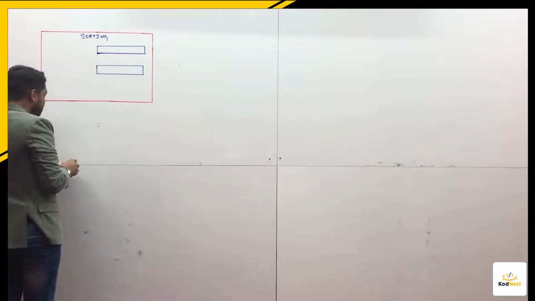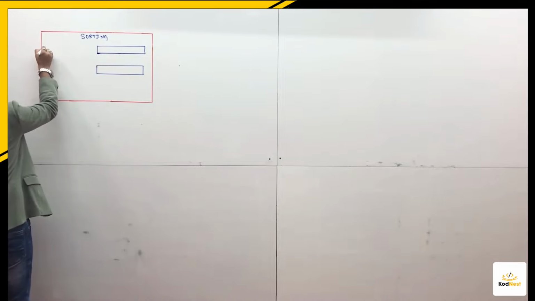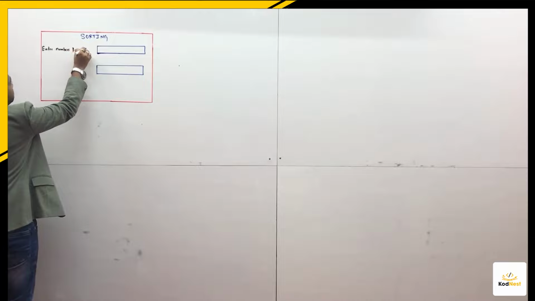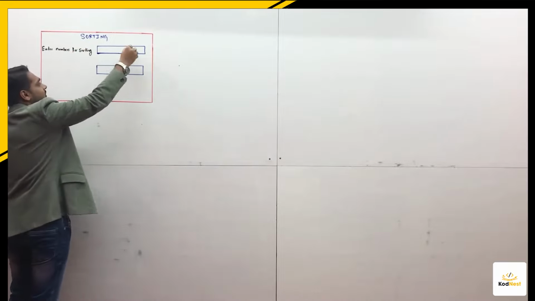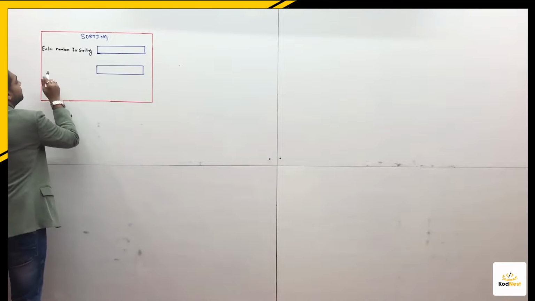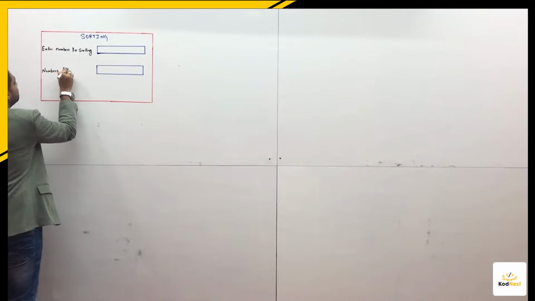Next I would ask the user to enter numbers for sorting like this. Enter numbers for sorting. Then I would have a text area to enter the numbers. Then probably I will have one more label like this, numbers after sorting,